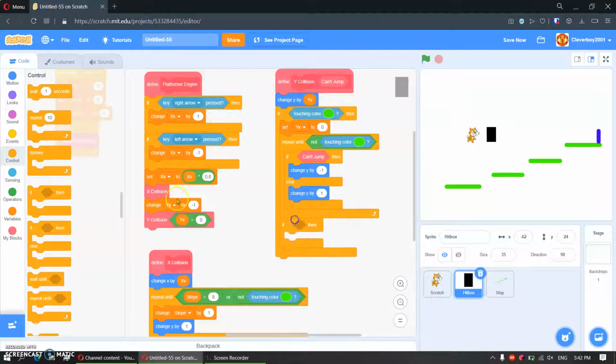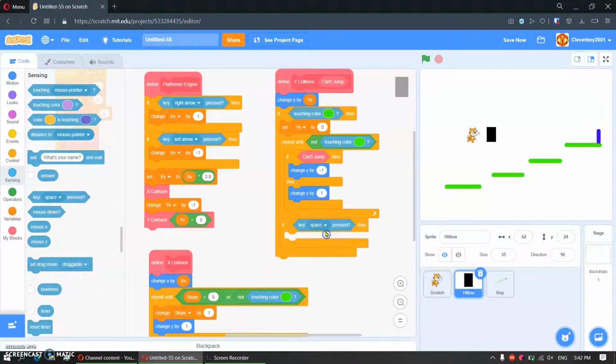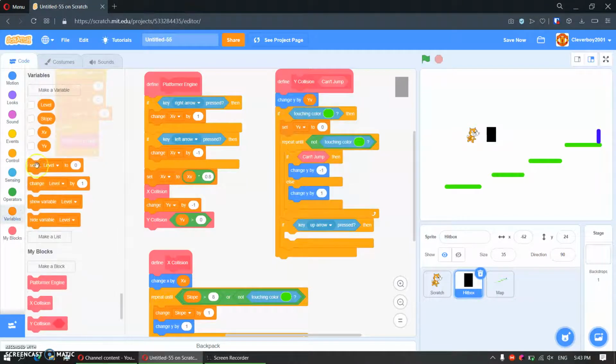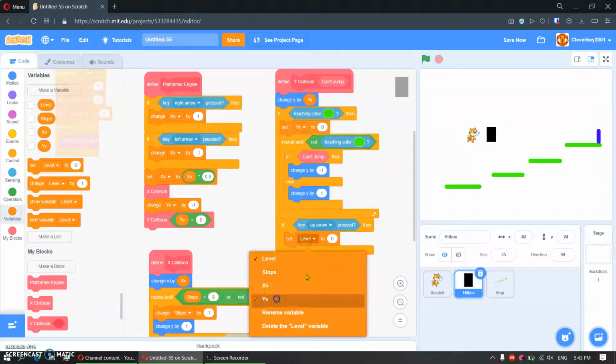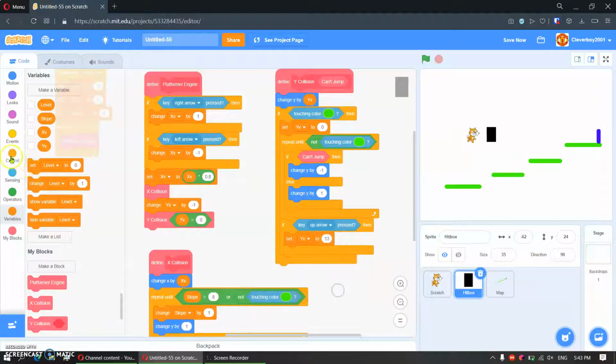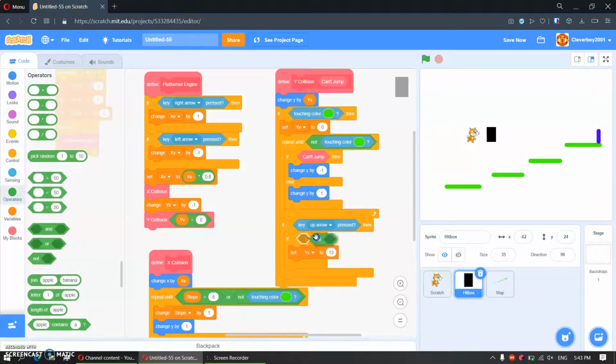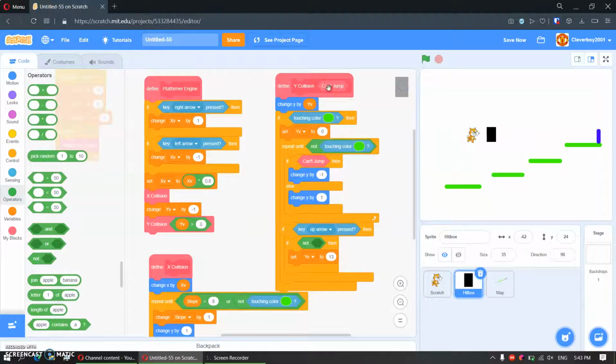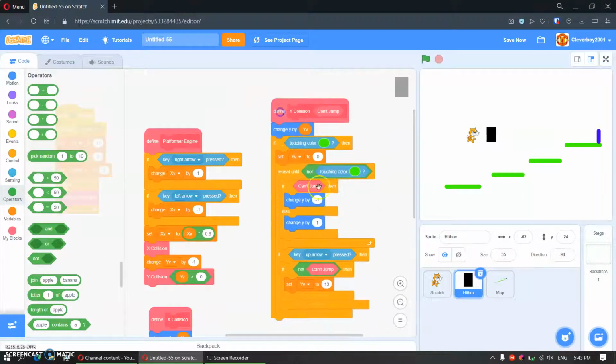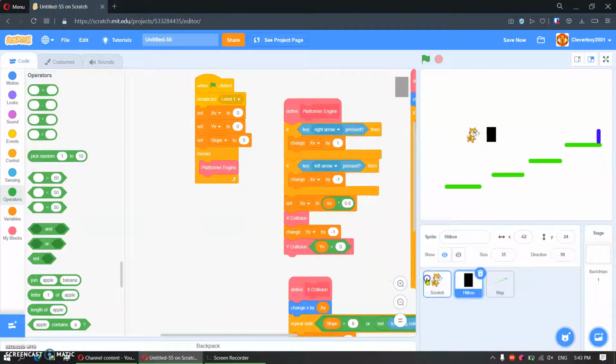and if key up arrow is pressed, we'll set YV to 13, and we'll put in here an if... go. Now go to Scratch Cat,